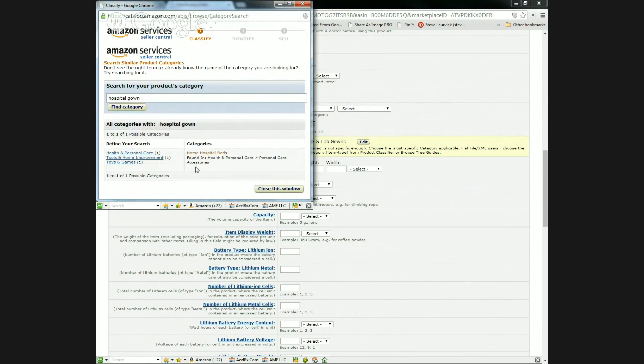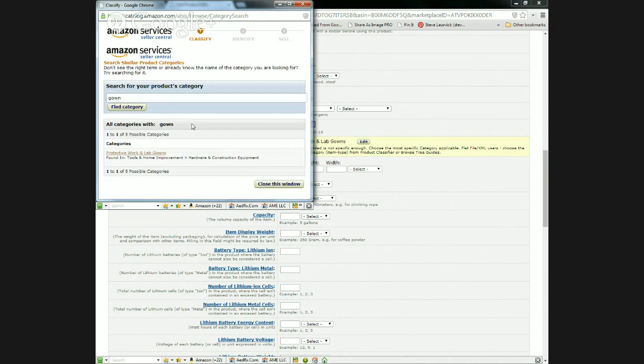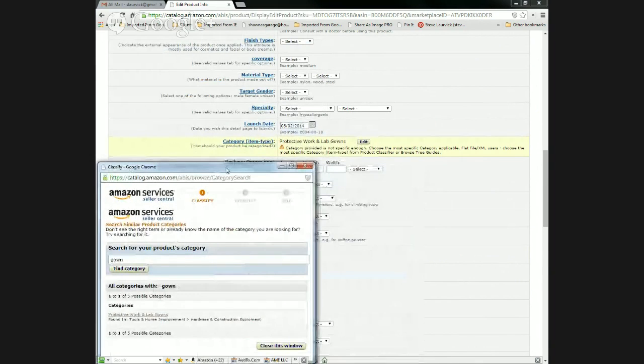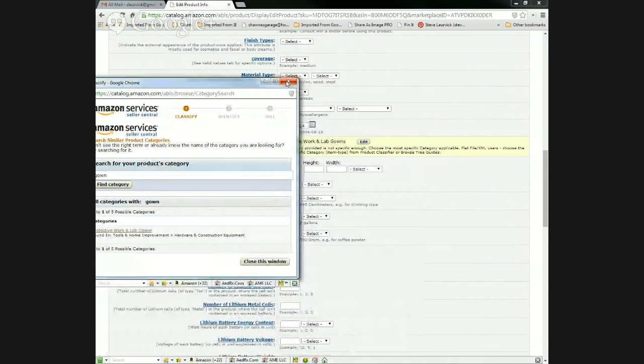Okay, it's not a home hospital bed. That doesn't make sense. Okay, so let's just try gown. Well, protect, I don't know. Because they're giving us two possible category options here. But what's odd is,